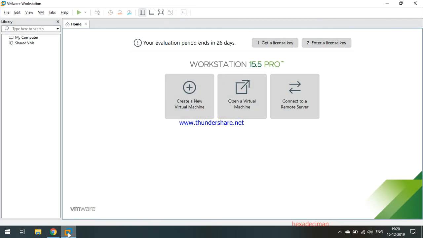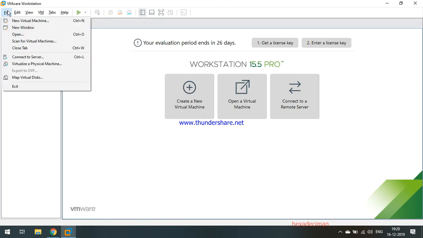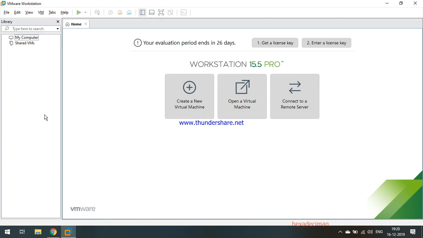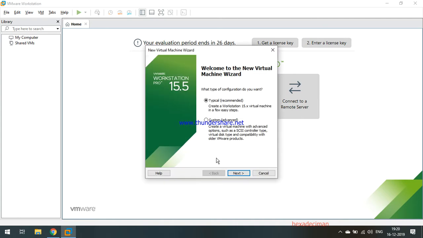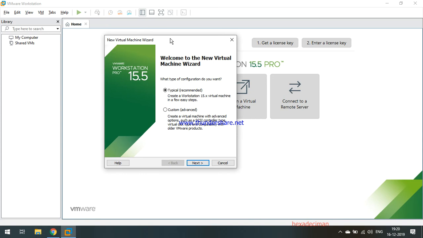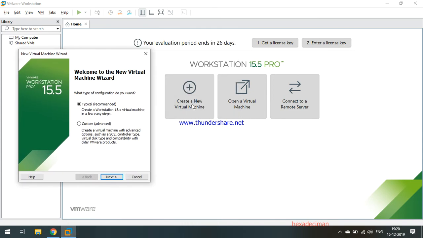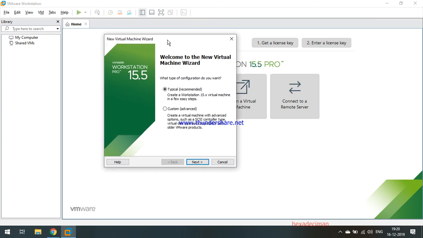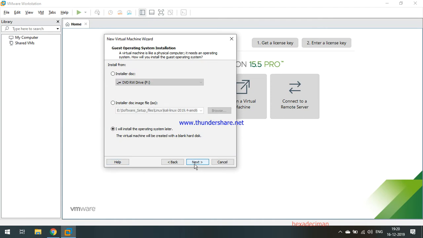The next thing to do is to open the VMware workstation. Right, so now we are going to create a virtual machine. So what we are going to do is technically create a machine inside a machine. So click on here, create new virtual machine. This will pop you up with this window, and keep it as a typical. Go to next, and